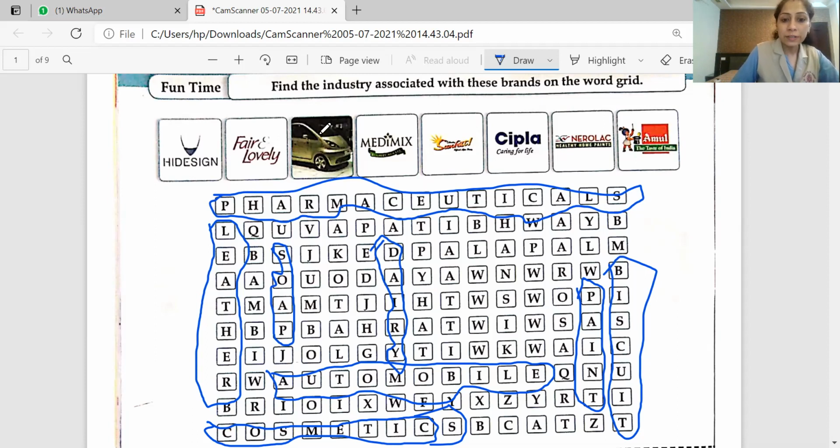Okay. Now, this third is a car. Car brand, and I think it is a Matiz. The oldest make of it is Nano, right? Tata's brand. So it is automobile, which deals with auto parts, right? So automobile is given over here, last third row, AUTOMOBILE, and you must know that